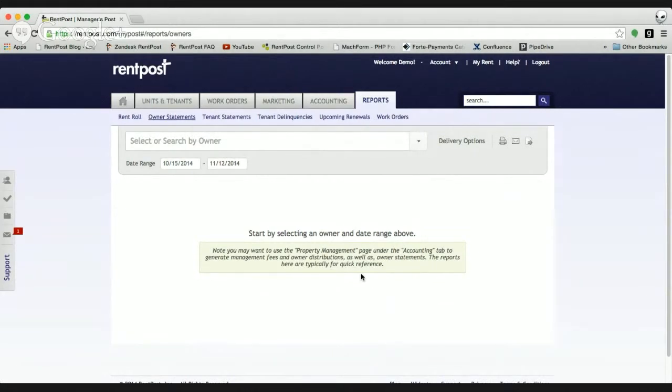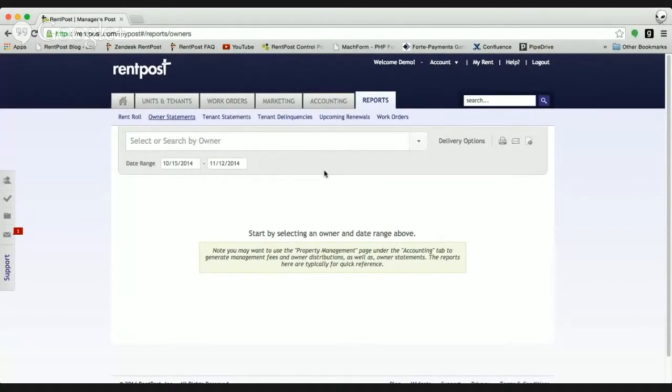It will show those represented under the owner statements that you're searching for over this period if they have been recorded. So, of course, you could manually go in and record your management fees and your owner distributions and then see the owner statement over that range. Typically, I would not recommend doing this. I would stick with the automatic generation, but this report can be really useful for seeing the P&L for that particular owner if you needed to check something or just see how things were looking mid-month.